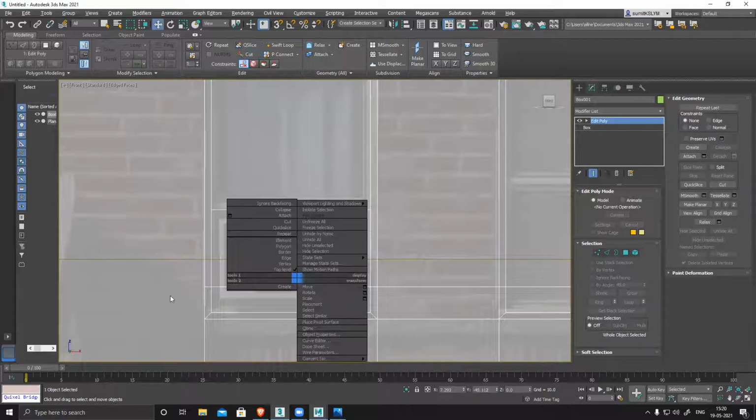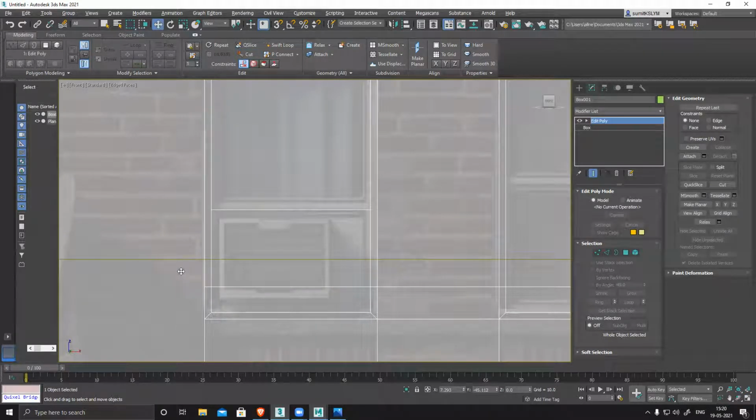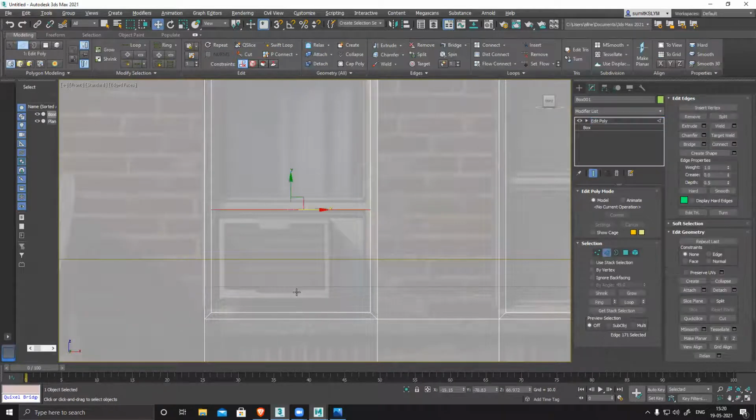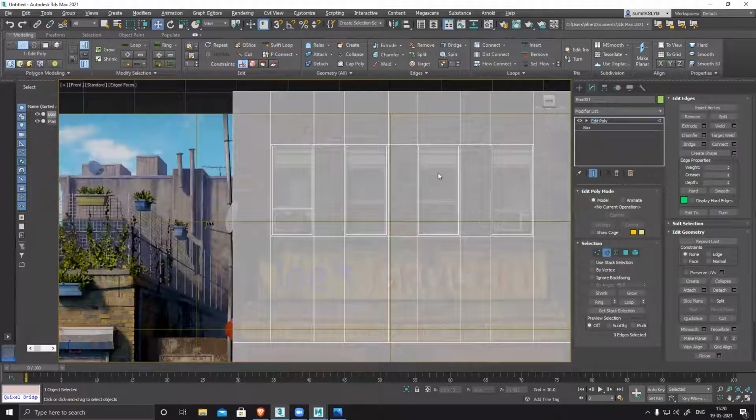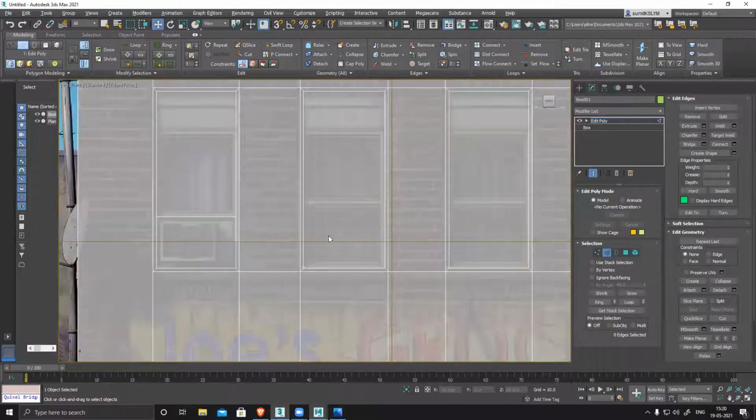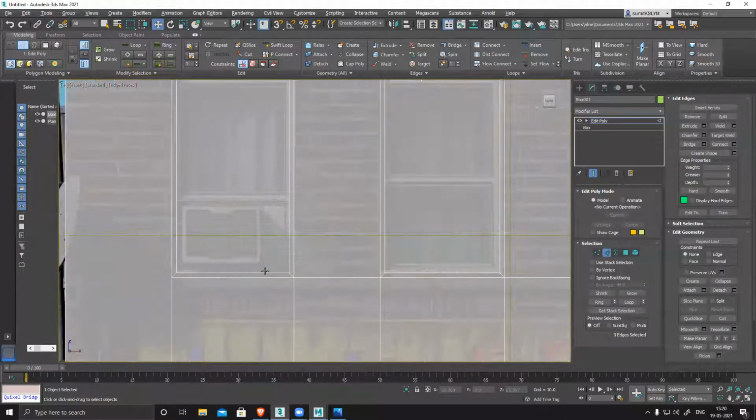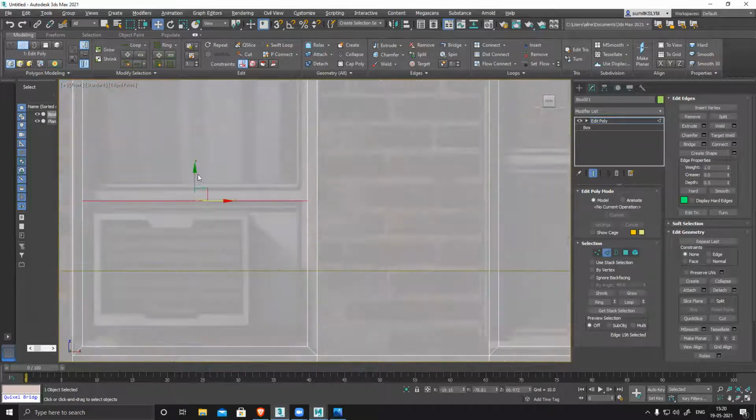There's a line. Delete that. Backside, those things are not required. So I got this frame.